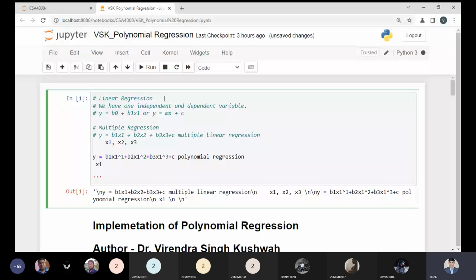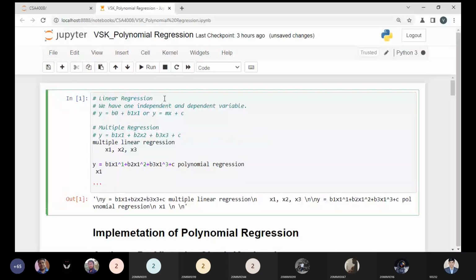So what you are observing, the multiple linear regression will contain more than one independent variable. So we have x1, x2, x3 over here.